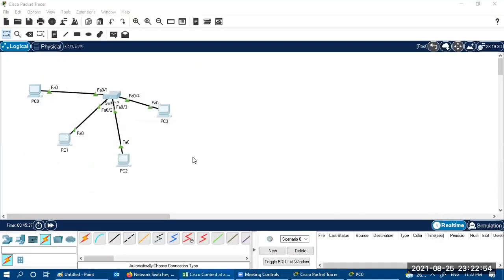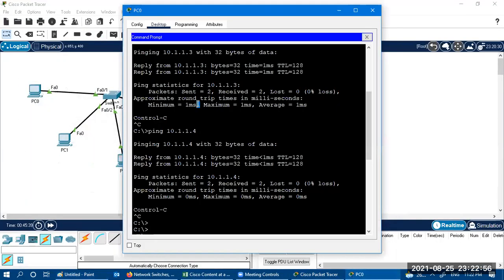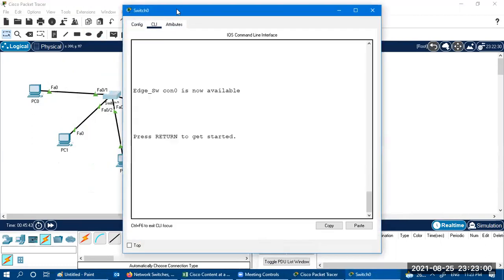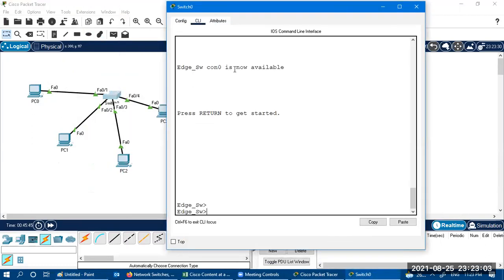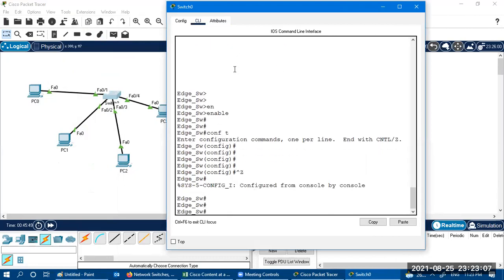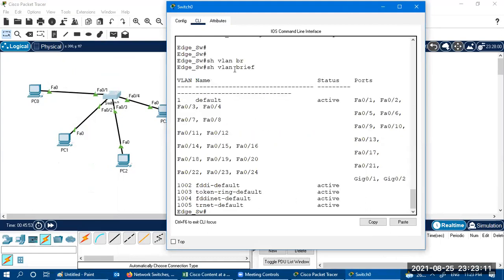Okay, so let's move on to the switch. Click on the switch, CLI, enable, conf t, go to the privilege mode and say show VLAN brief.